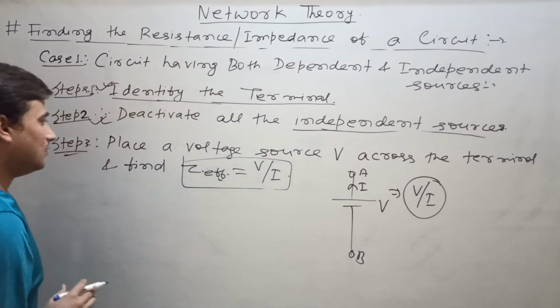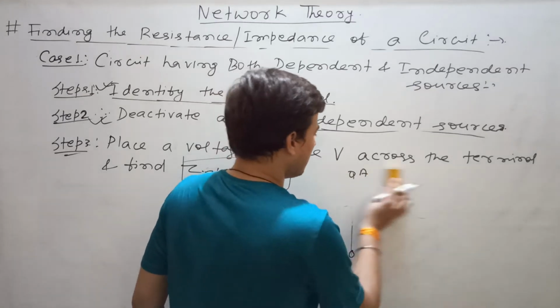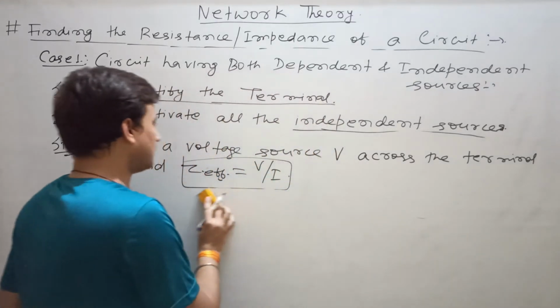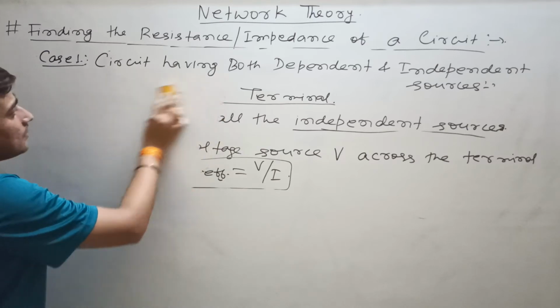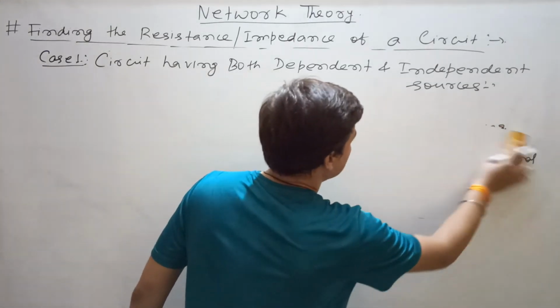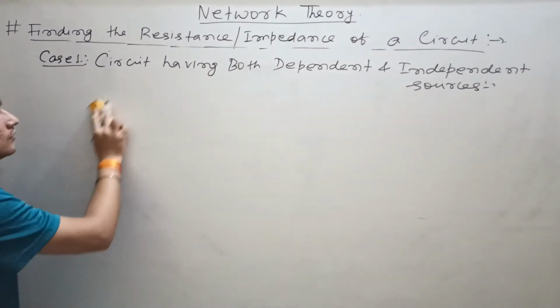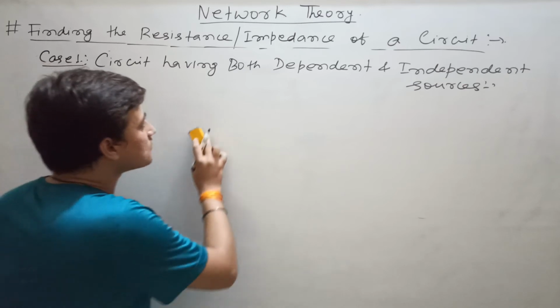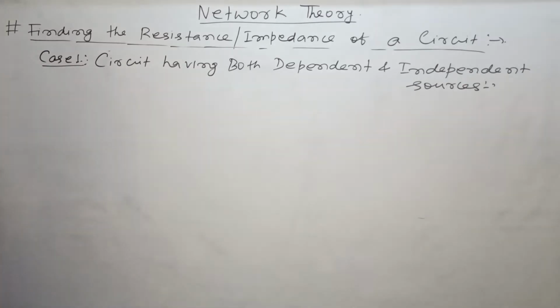So let us see how to solve this type of circuits, because there is a dependent source present in the network, and you should know there can be more than one dependent source also in the circuit. Clear? So quantity does not matter. You have to see the concept. You must know the steps. Then you can easily find the circuit. Let us see one question.